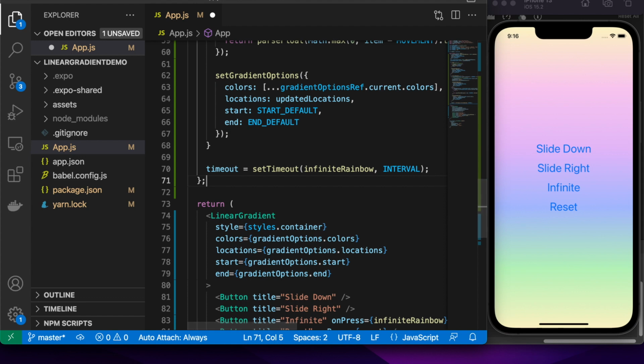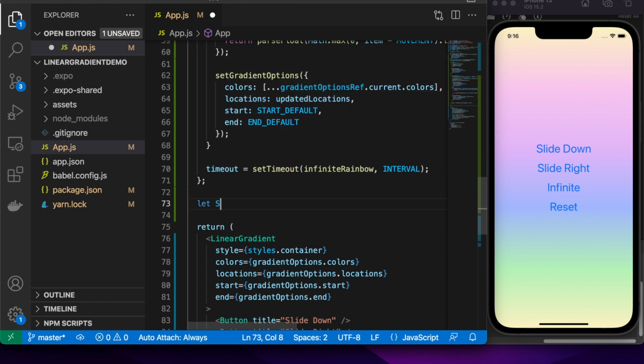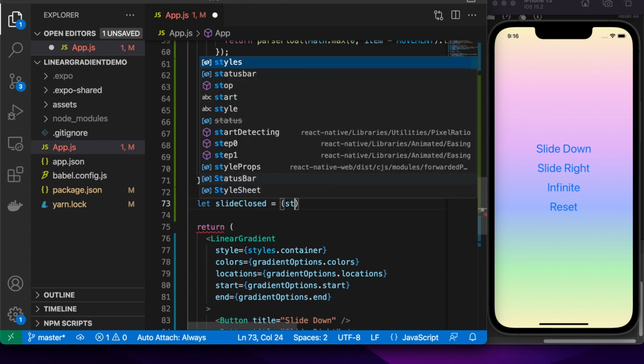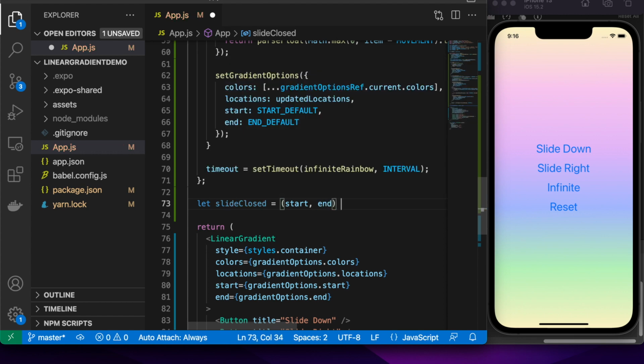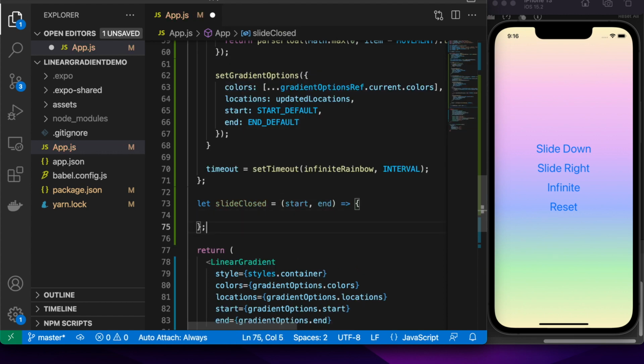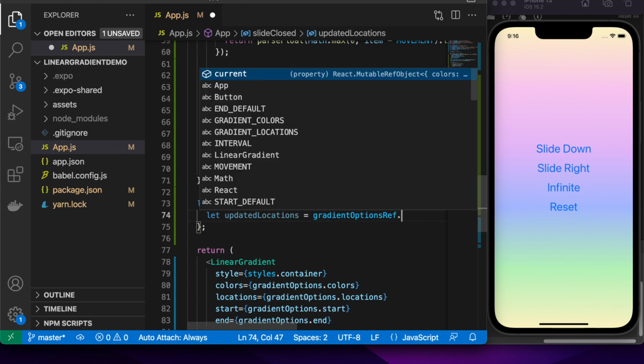These are actually very similar. The only difference is that I want to change my start and end. If I want to slide right, I obviously need to start at x is 0 and end at x is 1, whereas currently I'm starting at x is 0.5, ending at 0.5, and the Y is 0 and 1. So I need to flip those, so it's horizontal rather than vertical. But anyway, that's irrelevant. My slide close can be the same for slide right and slide down.